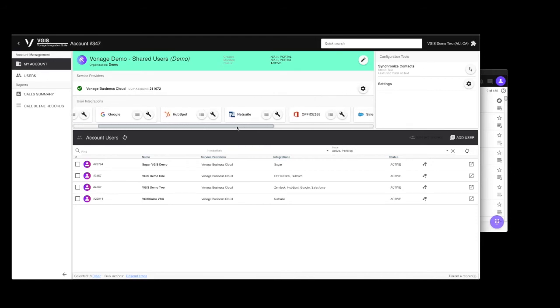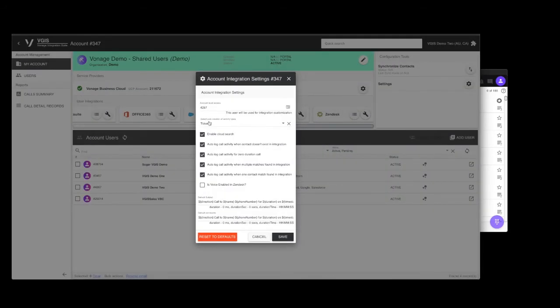So let's talk a little bit about customizing the system. In Zendesk, if I click on the actual Zendesk name, this is going to show me what my default activities are, in this case, tickets. However, I also have the capability to say that I want to automatically log zero duration calls. So if I want to log a call or open a ticket for a customer that called in but nobody answered, I might want to do that.